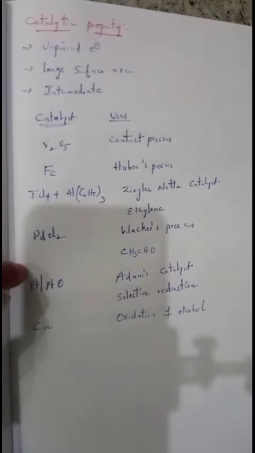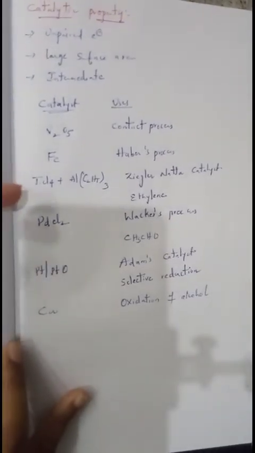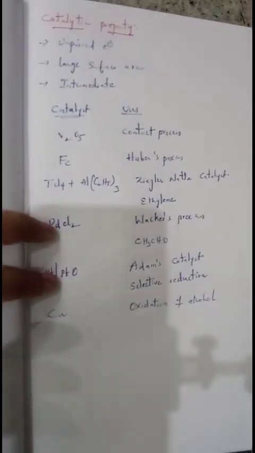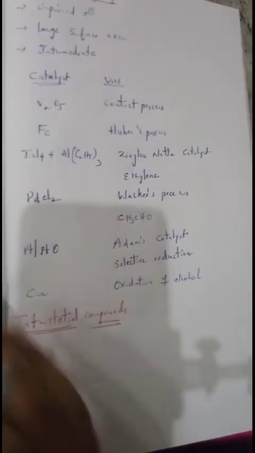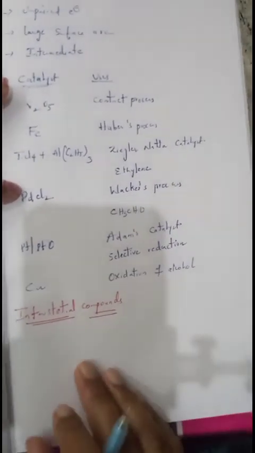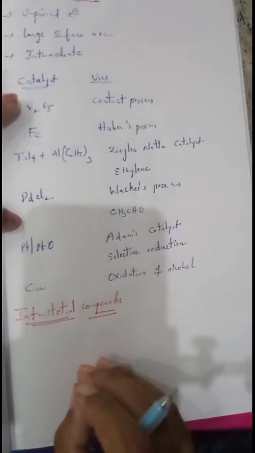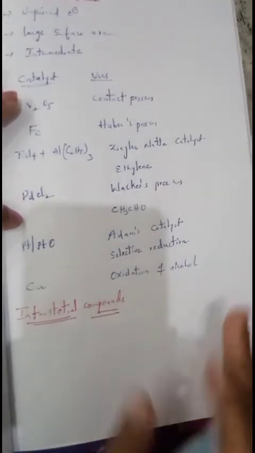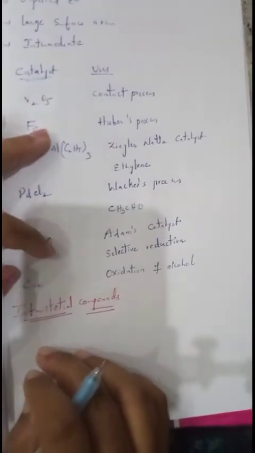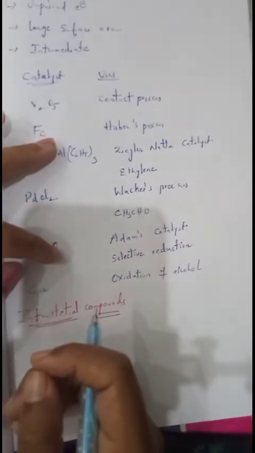This is about the catalytic property of the 3D series elements or D block elements. Now, we'll see complex formation and the formation of interstitial compounds. When these group elements exist along with small elements such as carbon, hydrogen and boron, which occupy the empty spaces present in the lattices, that is called interstitial compounds. Such interstitial compounds are also formed by the 3D series elements with small elements like carbon, hydrogen and boron.